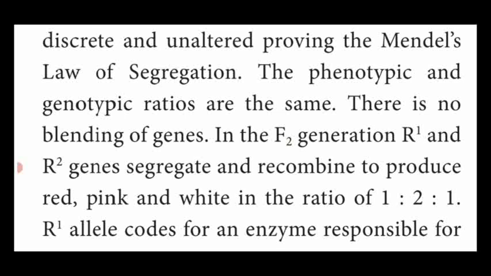Here there is no blending of genes taking place, so that in the F2 generation R1 and R2 are segregated independently and recombined to form different colors of a flower. That is, pink color is the intermediate, one parent is dominant, that is red color, another is the recessive parent, that is white color, in the ratio